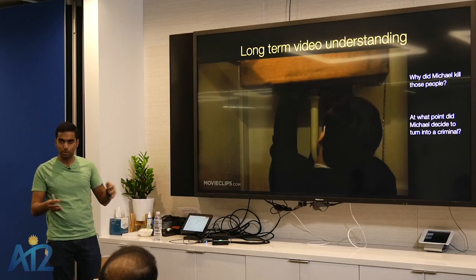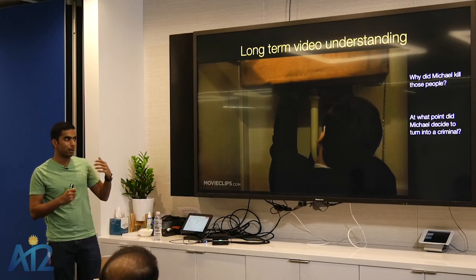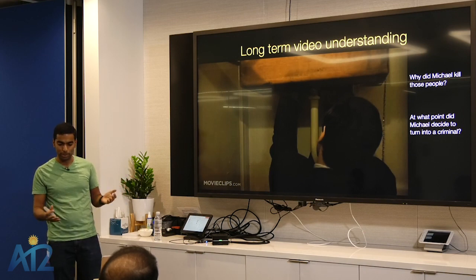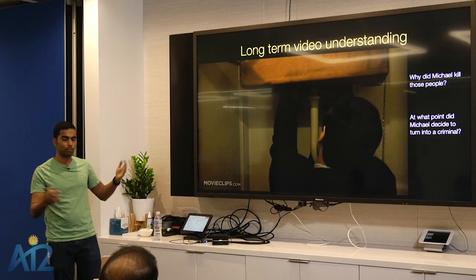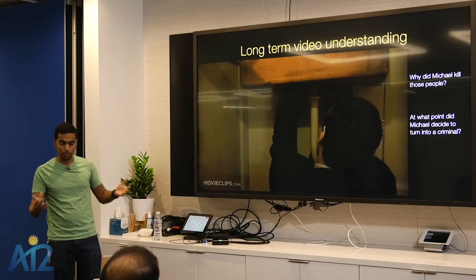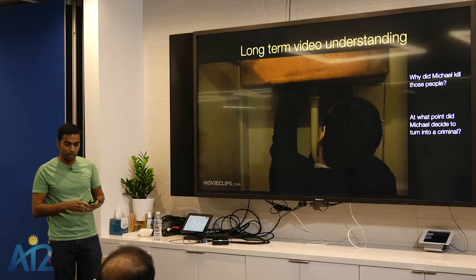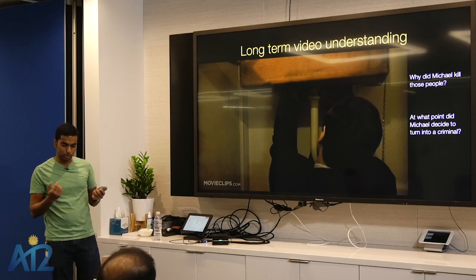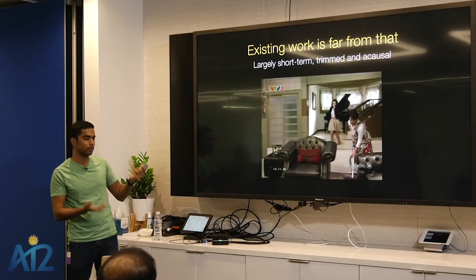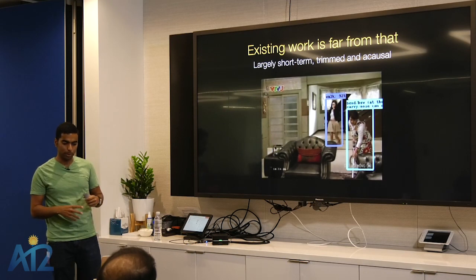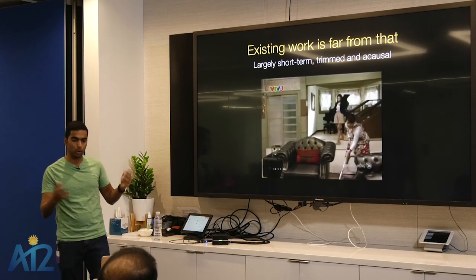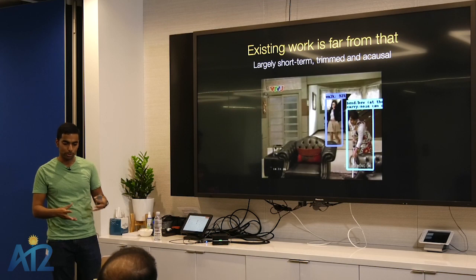So it's not an ambiguous task, but at the same time, current state of video understanding will obviously not be able to solve this sort of long-term reasoning problem. That's one concrete setup of a long-term reasoning problem that I think is very much unexplored and would be very interesting to solve. And as I said, existing work is very much short-term, trimmed, and acausal. It looks at future and past and tries to recognize what's happening in the middle.